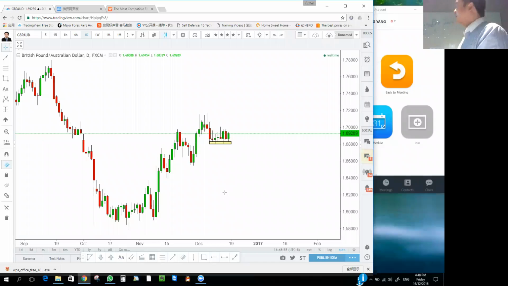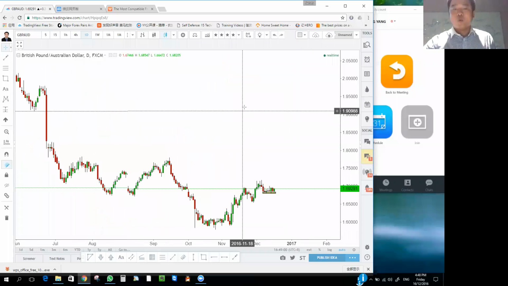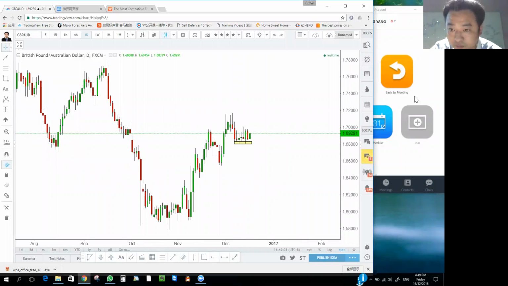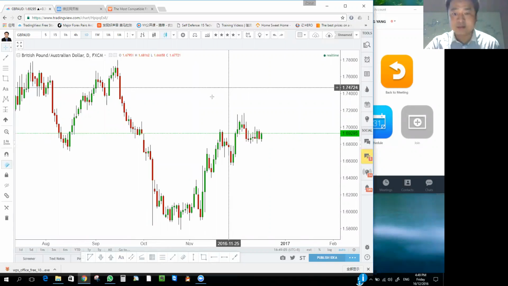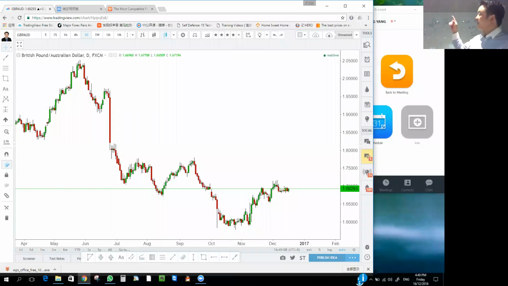Okay, sterling Aussie. You can see here. What do we see from sterling Aussie? Okay, guys, this is a very typical bottom that we call a U shape. This is a U shape bottom. So when you see a U shape, it actually tells you the market is so scared. It's all the way 90 degrees goes down, flat, right? And then 90 degrees goes up, which actually tells you that